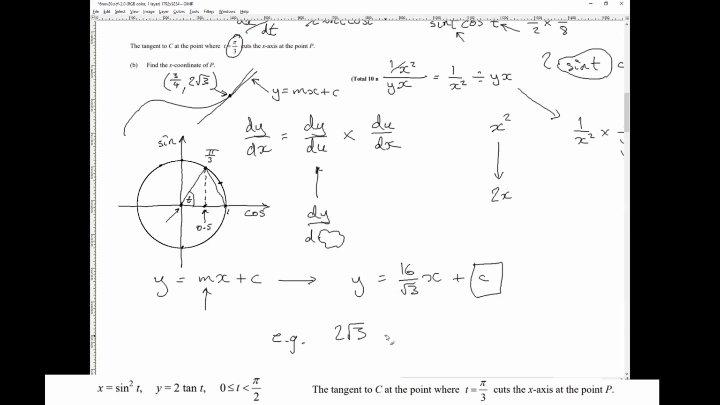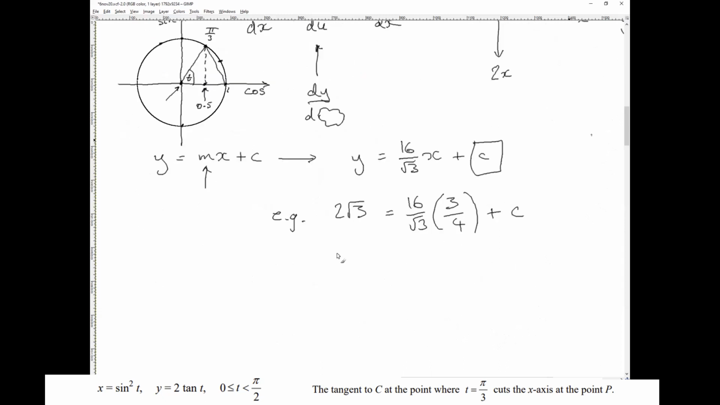For example, 2√3 equals 16/√3 of how much? Is it 3/4? Yes, the x value at that point. See what we're doing. Plus c. Now we can solve for c, can't we? Yeah. So c equals